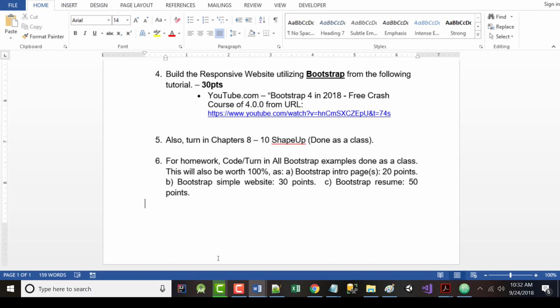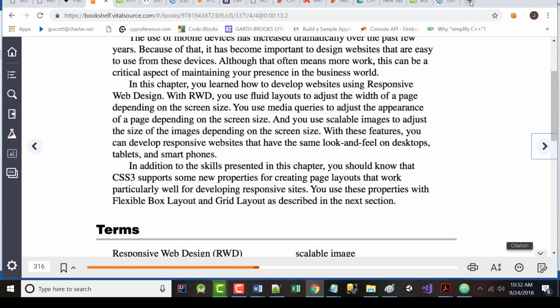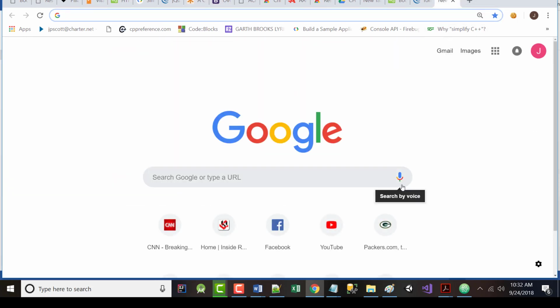And eventually, when you do your portfolio, which is going to be due the last day of class, December 20th, about 3 months from now, you will be linking to that Bootstrap resume on your portfolio. All right, so we're starting the actual portfolio work now. Now, if you're interested, you go, okay, we're going to do this tomorrow. How would I get started? You can go out to